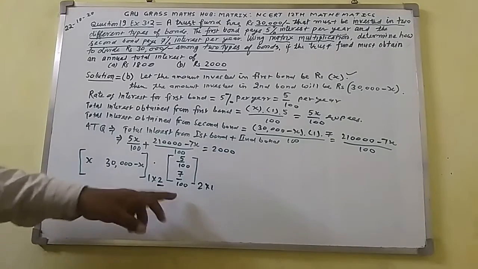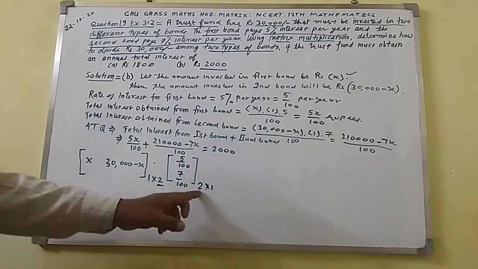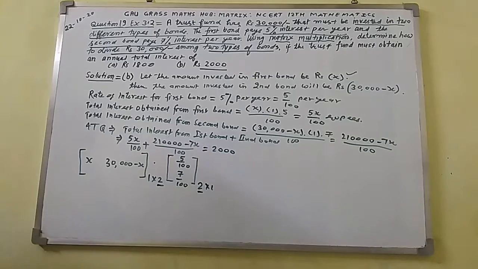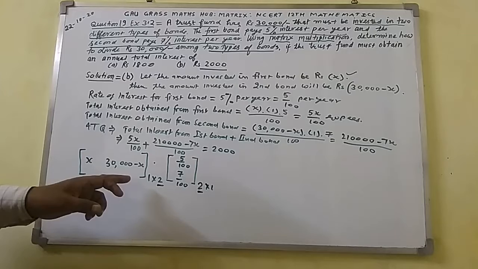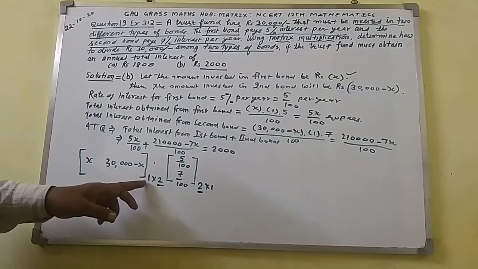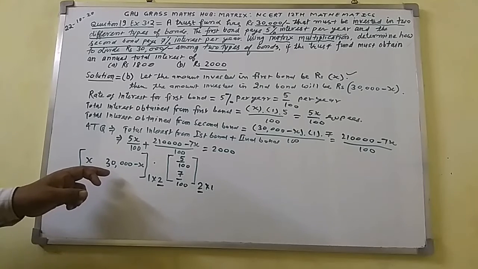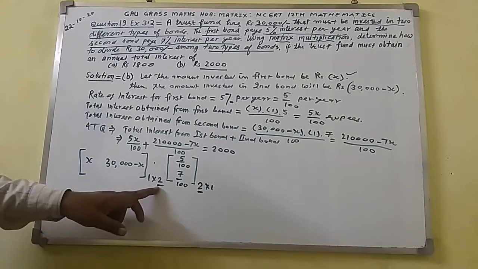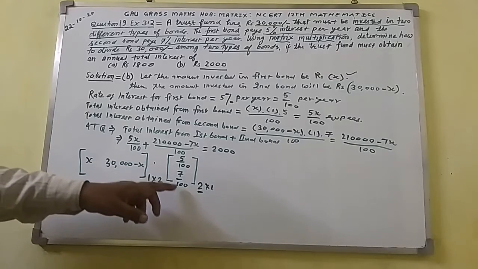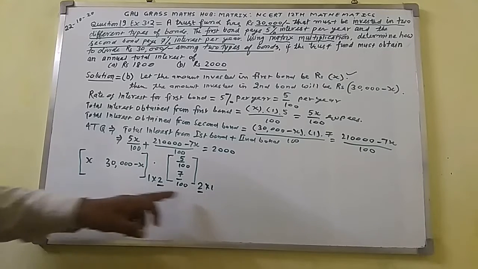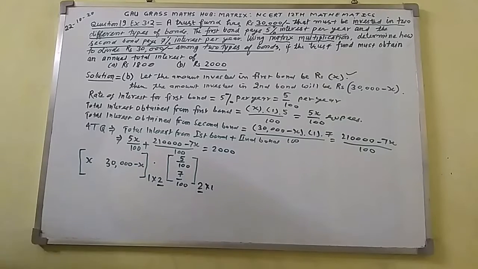And in the second matrix, the number of rows here is 2. So here you can see in the first matrix, the number of rows is 1, but the number of columns is 2, and in the second matrix the number of rows is 2, both are equal. Here you can see 2 is there, here 2 is there. Then multiplication is possible.